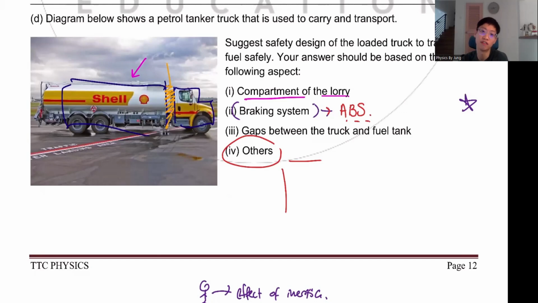So in another way to increase the width of the tire, what can I do instead? I don't want to increase the width of the tire. I do something else to get the same effect. So A2, very good. I increase the number of tires. It means I go and spam more tires. So I get back the same effect, right? So increase the number of tires, I can increase the surface area. Increase the surface area, I can reduce the pressure. So this thing won't burst. In fact, if you increase the number of tires, you reduce the chance of your tire exploding by a lot. Okay, can?